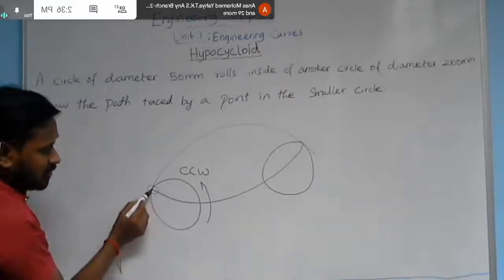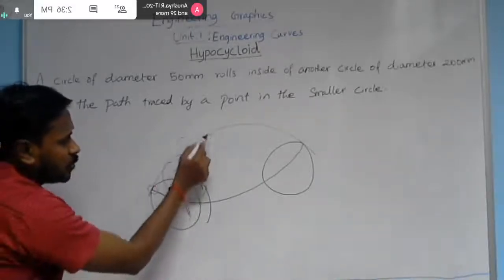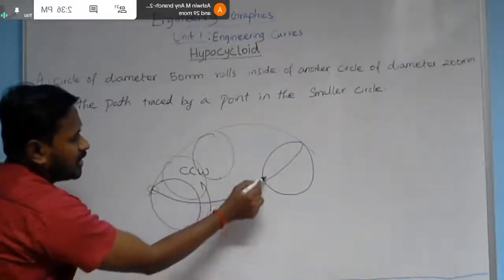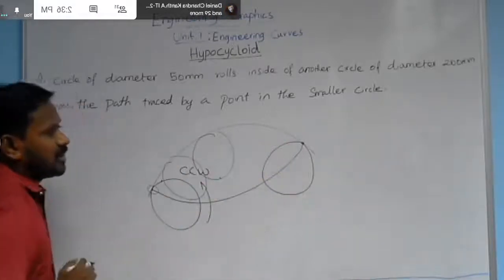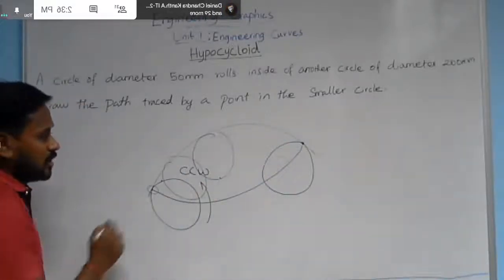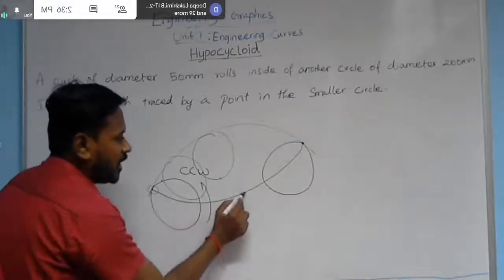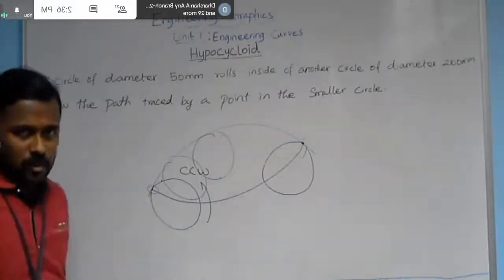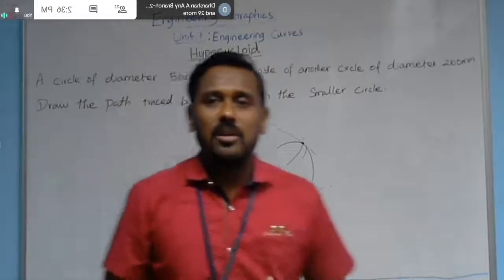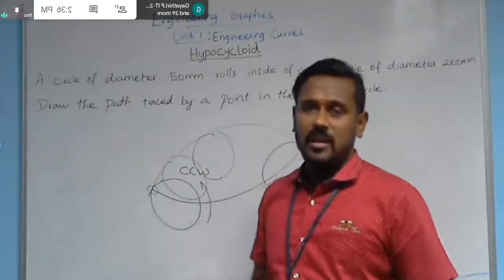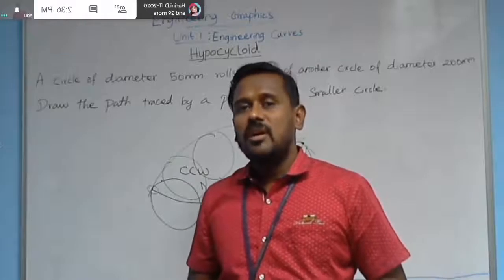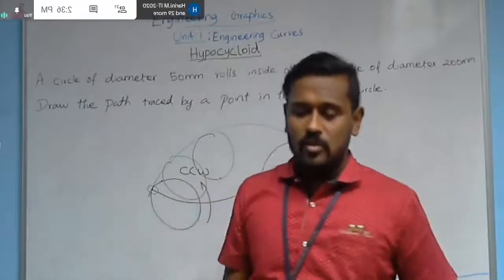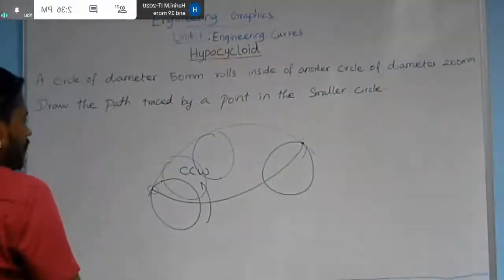So this is the point we are aiming at. For each and every position, the point will be displaced, and at the end, the point again comes and reaches the touching point of the smaller and bigger circle. So when you track the path traced by the point, this becomes the curve. That curve is nothing but the hypocycloidal curve. This is what we are going to draw now. We are already familiar with drawing the cycloid and epicycloid. The same procedure, with some modifications for this case, we are going to follow. Let's see how the curve can be drawn.